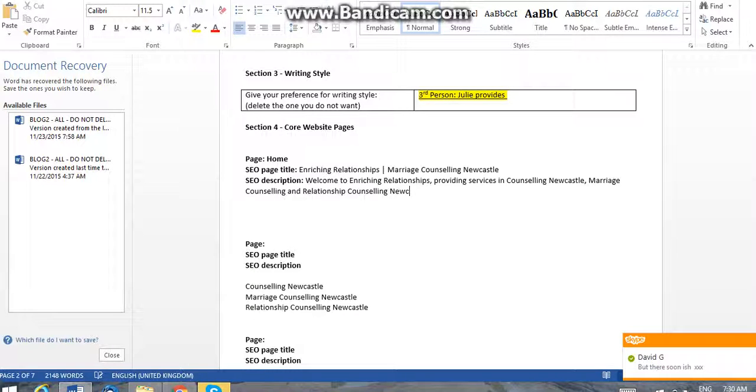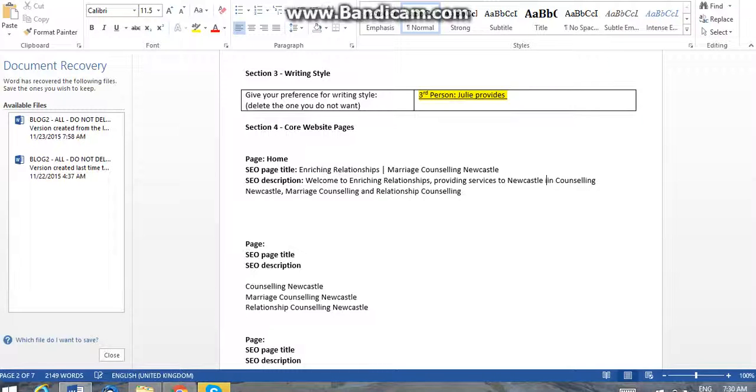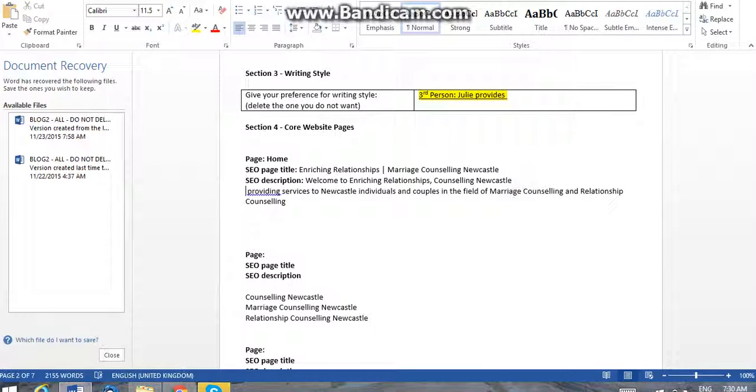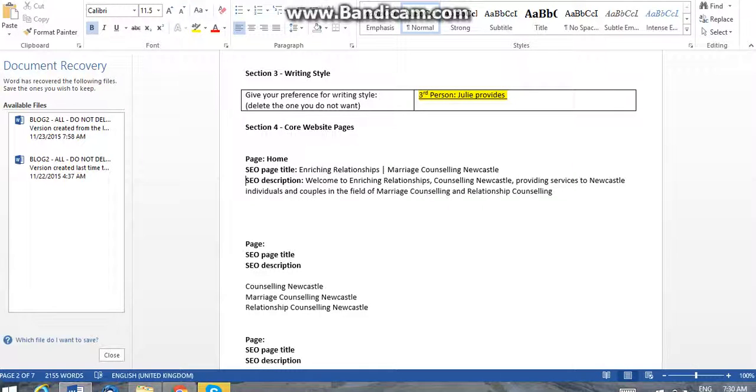It looks a bit off. So it's going to be providing services to Newcastle individuals and couples in the field of... This kind of needs your thought to do it. It's weird because you make it up as you go along, but then it all comes together. So: welcome to enriching relationships, counseling Newcastle, providing services to Newcastle individuals and couples in the field of marriage,